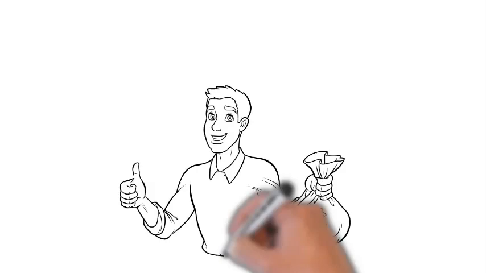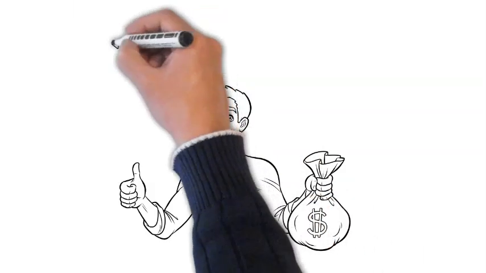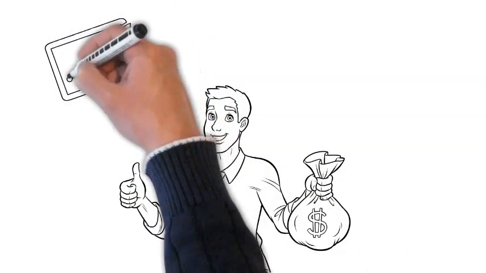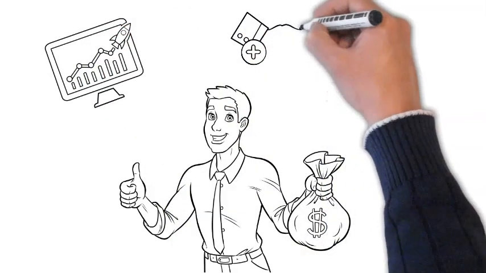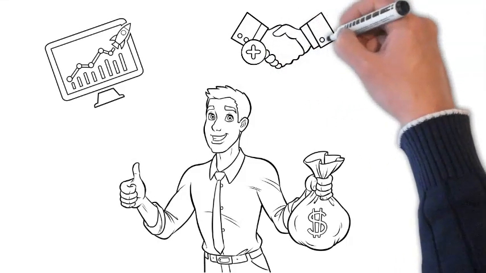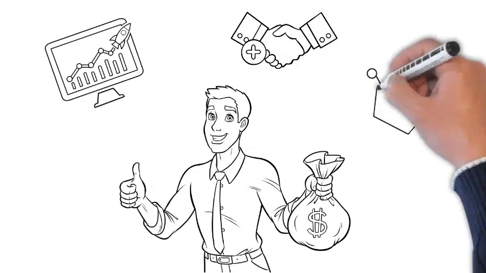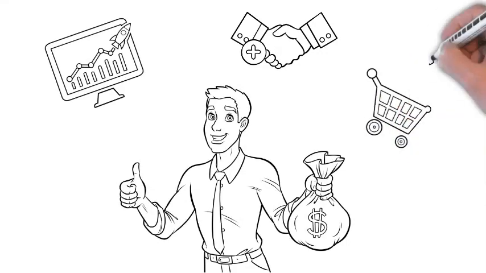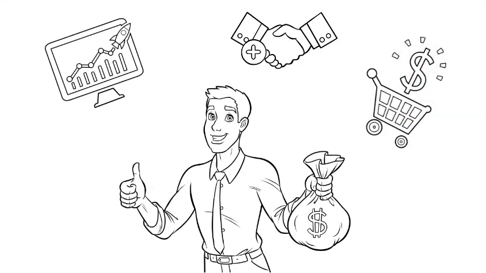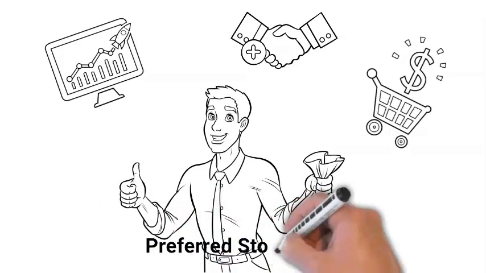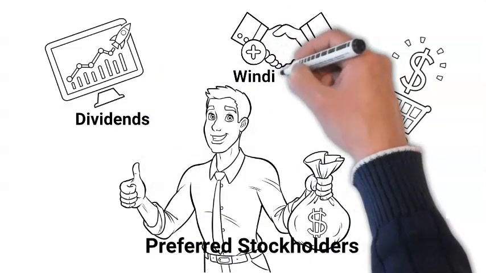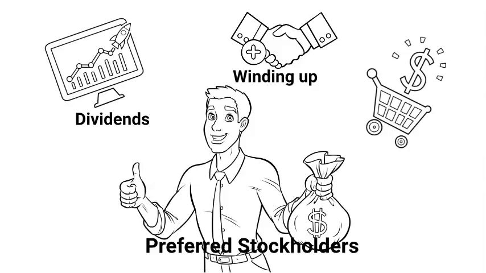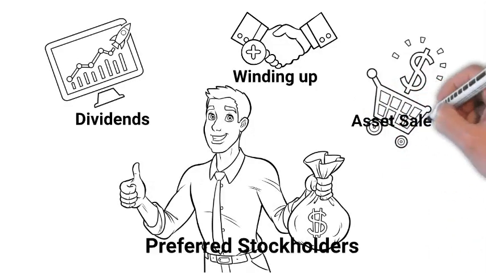Preferred stock has first lien on income distribution or the dividends of the company. In the event of winding up of a company, a preferred stockholder gets preference in asset distribution. So when a company is running as an ongoing concern, they get paid the dividends before common stockholders. And if a company decides to sell or close its operations, they get priority over common stockholders in asset sale proceeds distribution. Usually, initial promoters and angel investors get preferred stock. Preferred stock can be converted to a fixed number of common stock, but vice versa is not possible.